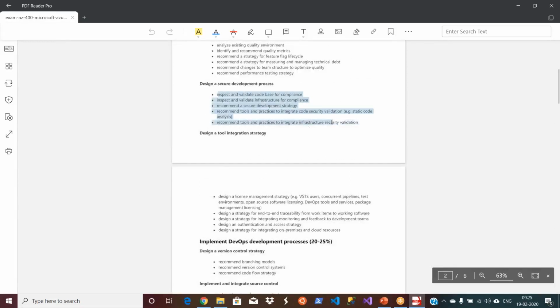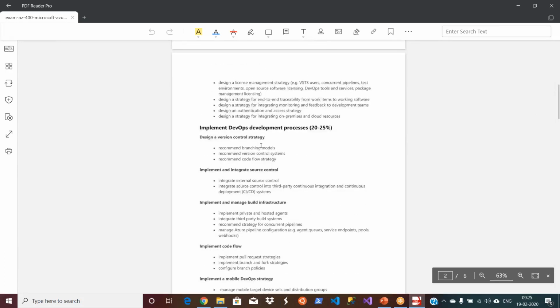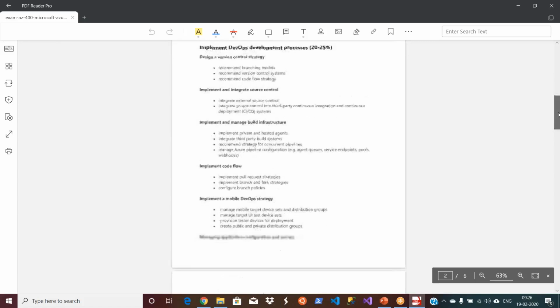We just talked about DevOps, right? So static security code analysis using SonarQube, and dynamic security using tools like Burp, IBM AppScan, etc. But they will not ask about those tools, because this test is only about Azure DevOps. How do you give access to the people, different branching strategies? Okay, we've seen.